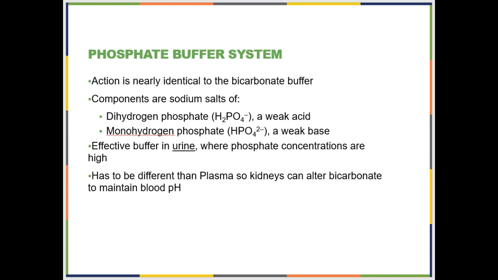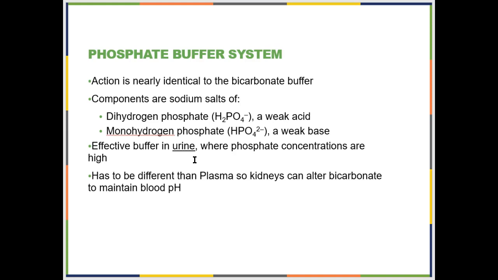Then you have the phosphate buffer system, which is similar to the carbonic acid or bicarbonate buffer system. Don't worry about dihydrogen versus monohydrogen phosphate. These two chemical symbols mean nothing to us, and the words mean almost less. So just know that your phosphate buffer system has a weak acid and a weak base that both have phosphates in them, and that this is what is used in your urine to keep your urine from becoming too acidic or too basic. The reason why we have this buffer system active in the urine is because you recall